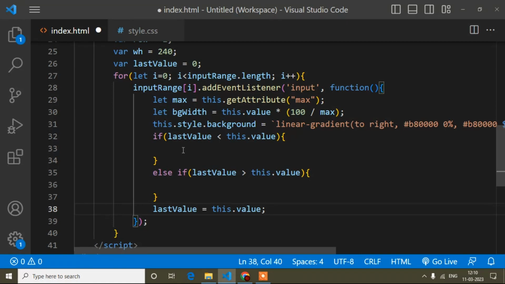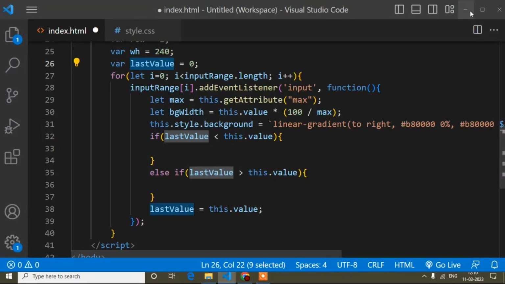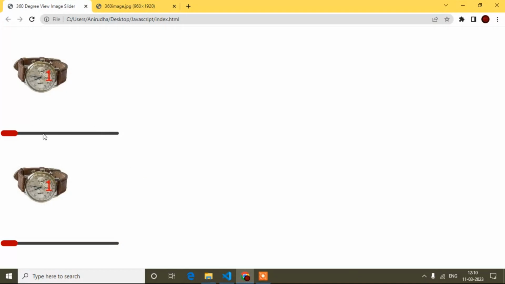First, last value is 0. When I move my input slider, the value will be 1.